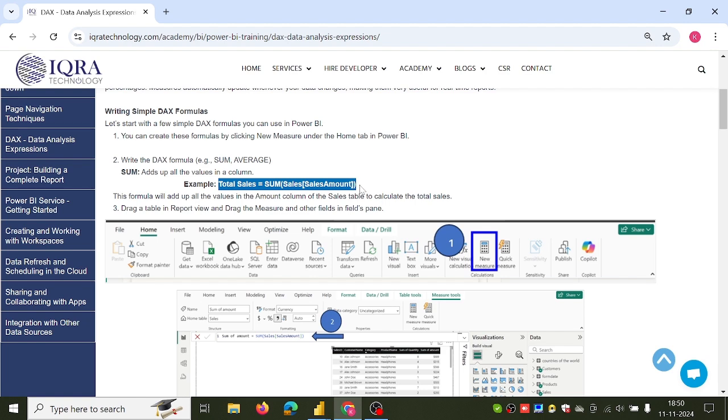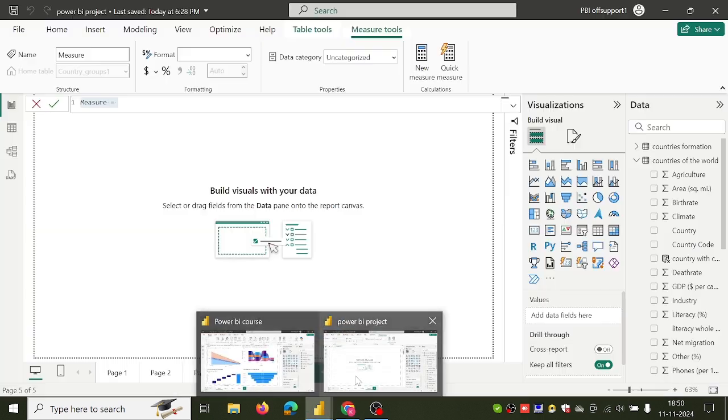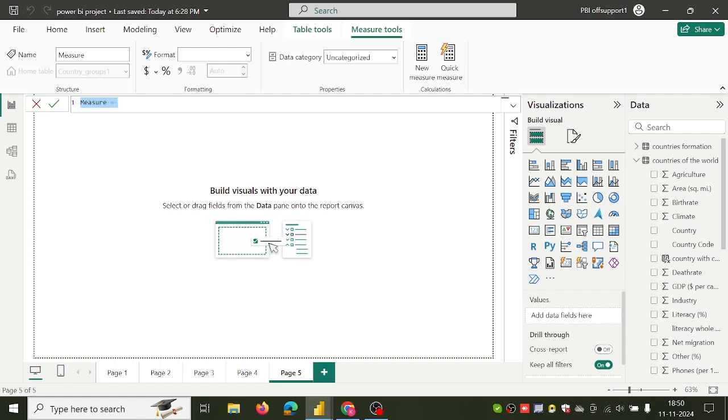We'll copy this formula and paste it here. This formula is showing total sales is equal to sum. Sum is an operation which is summing up all the sales amount values. So sum, bracket. Here we have the table name sales and column name sales amount. If we commit,